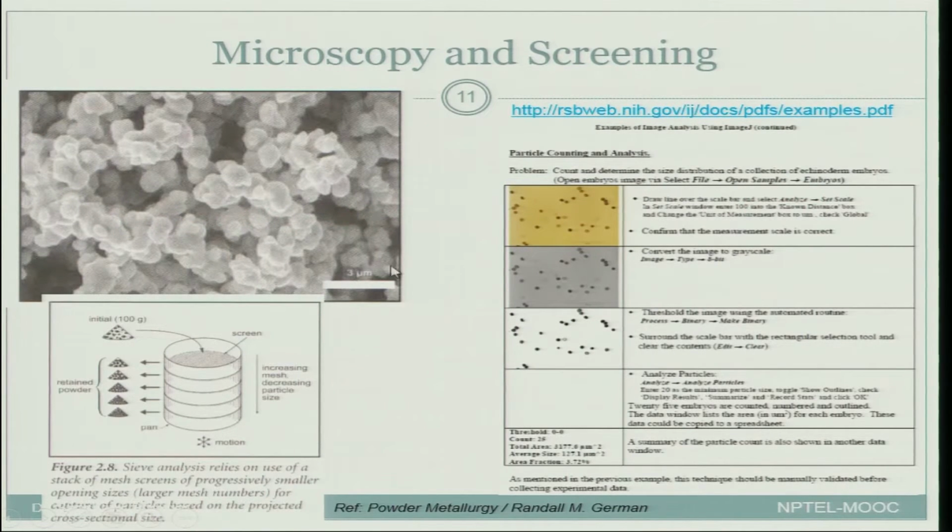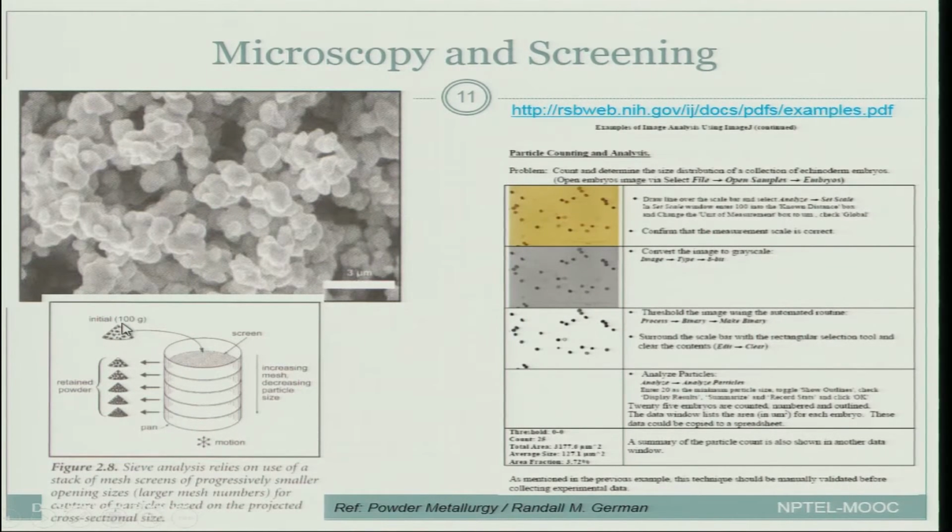Here is much more of a figure to explain what we talked about, the imaging technique. So, here is an image with particles over here. Now, this software, as you can see, is the ImageJ software, and here is also the link where you can download it. You can see that it can recognize different particles and then convert it to grayscale, and then it will be able to say the area and hence the size of these particles. So, this is the imaging technique,